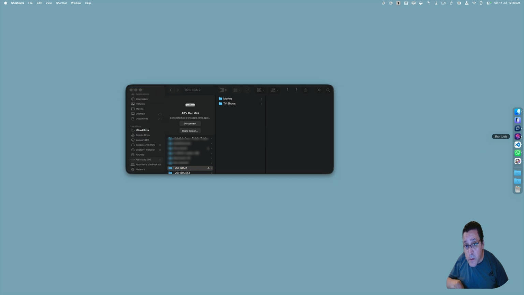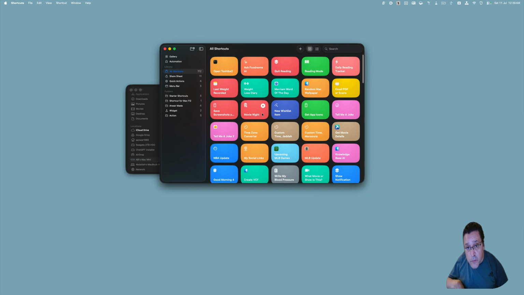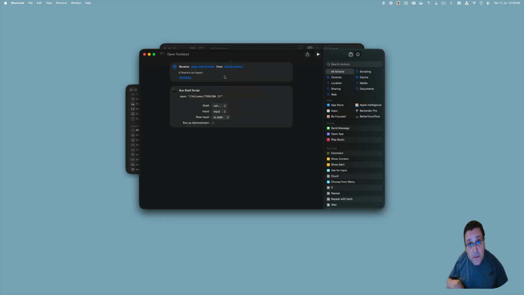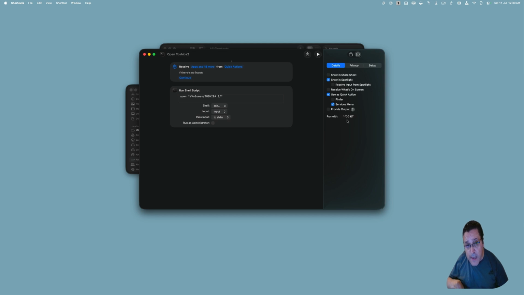So I'm going to open the shortcuts. I don't know why it's not opening, but I'm going to go to all shortcuts, and here's the Toshiba one. You go to edit, and here it says if the quick action is received and there's input, then continue. So once my shortcut is received, and in this case it's hyperkey T, it moves on to the shell script,